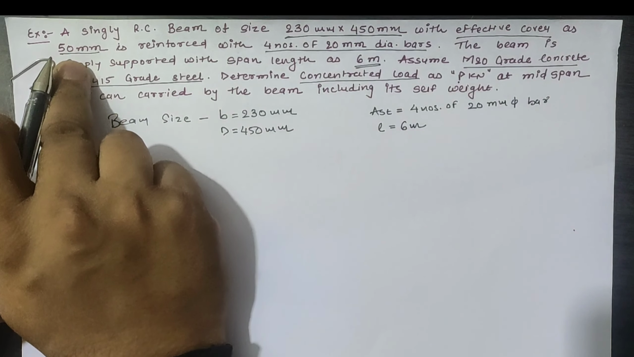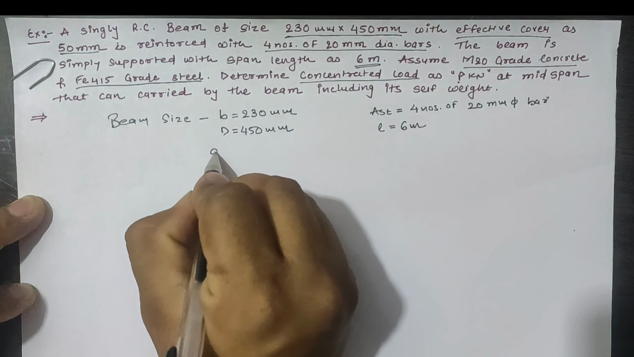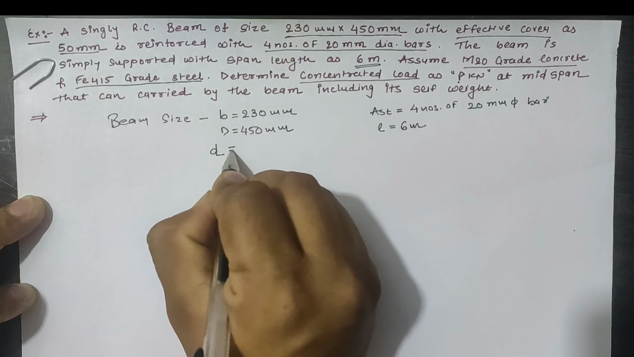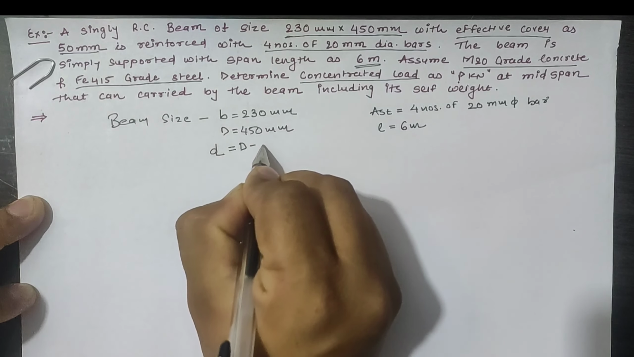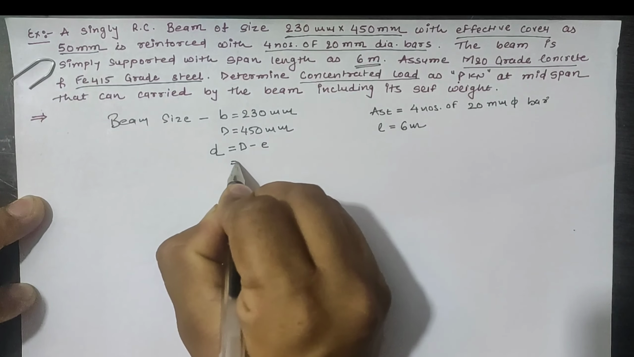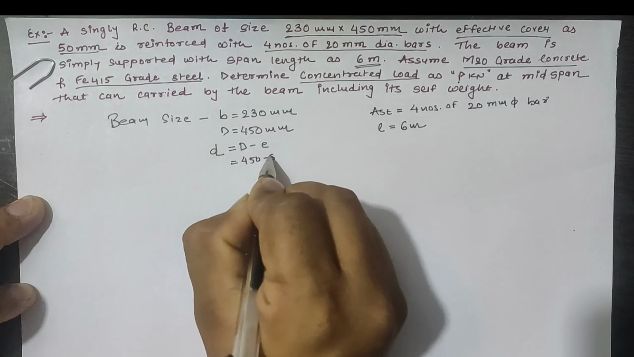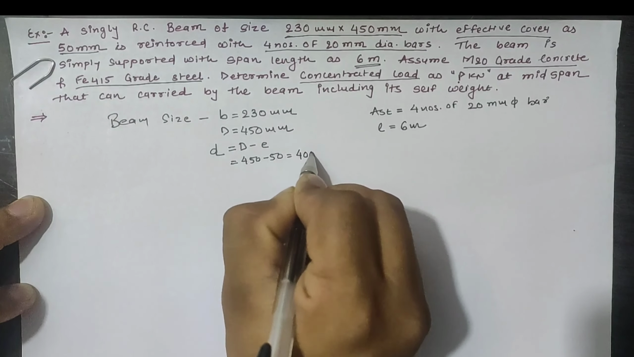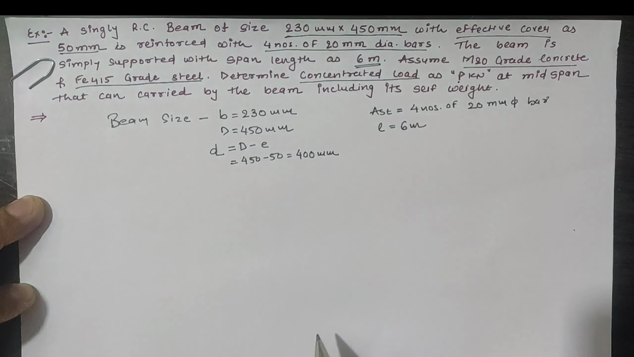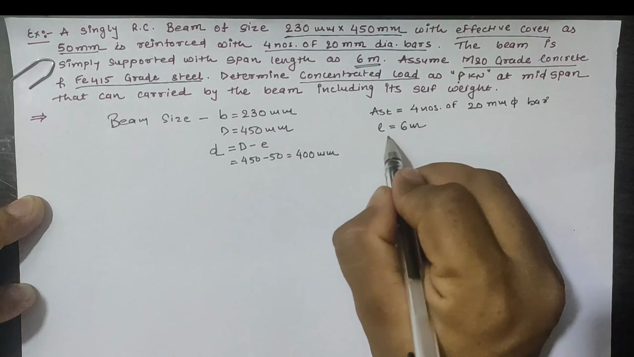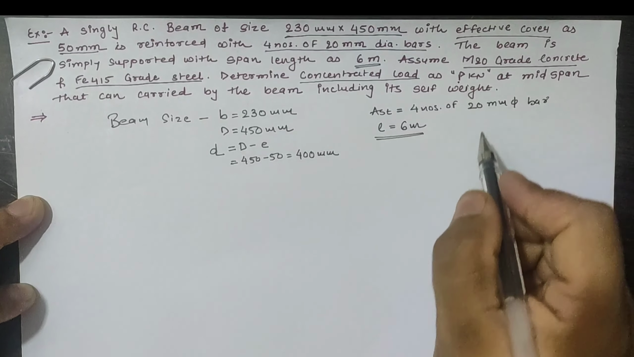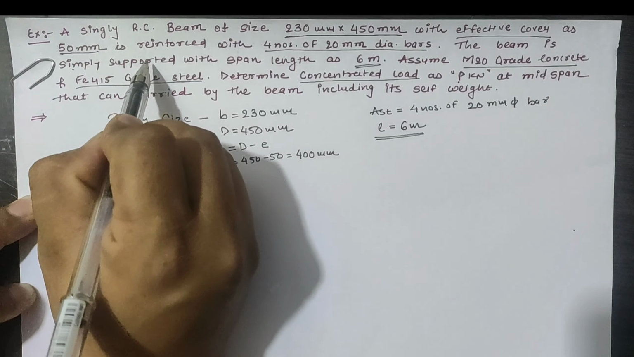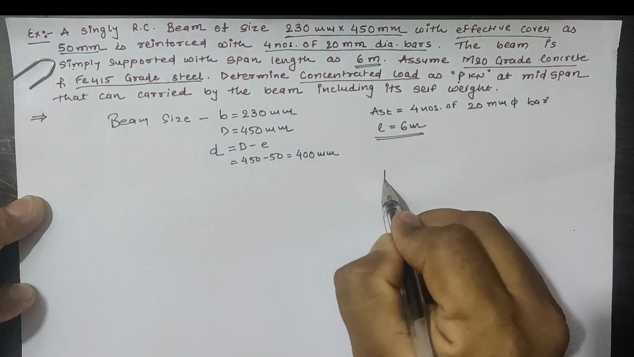We have given the effective cover as 50 mm. It means that effective depth is equal to overall depth minus effective cover. So 450 minus 50, it is 400 mm as a effective depth. Now we have given the overall span length as 6 meter and simply supported beam is given. It means that